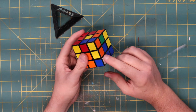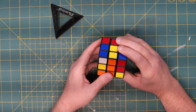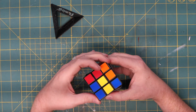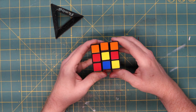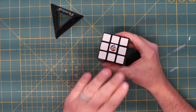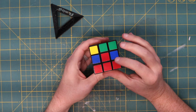Now, he's on the bottom. We'll do it one more time. Boom, boom, boom. Now he's up here. So, we've got this guy, and he's next to orange. So we're going to rotate him to where orange lines up there. And then we just right trigger again because it's on the right side. And there we go. Now we have the bottom face: 3 orange, 3 blue, 3 red,